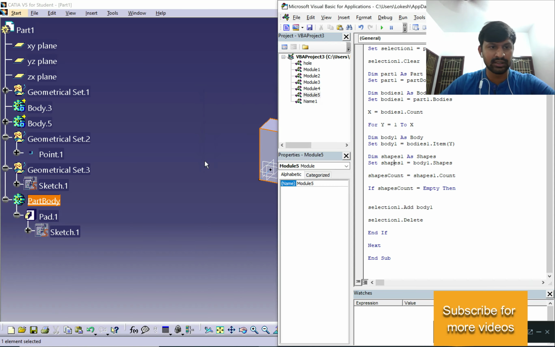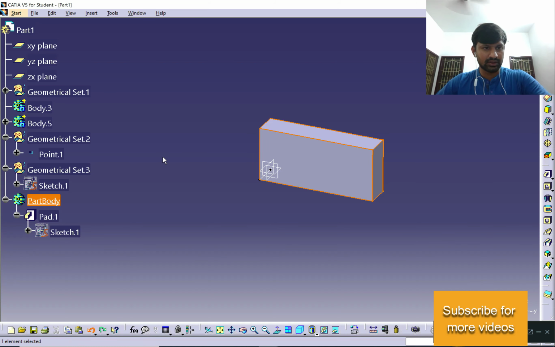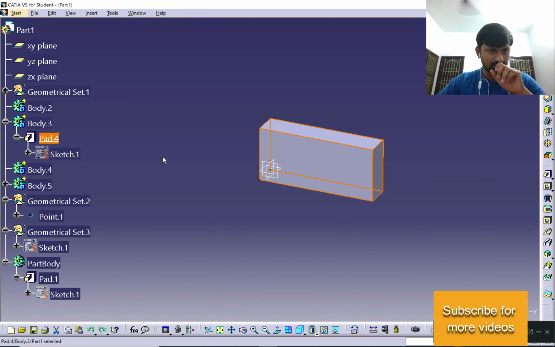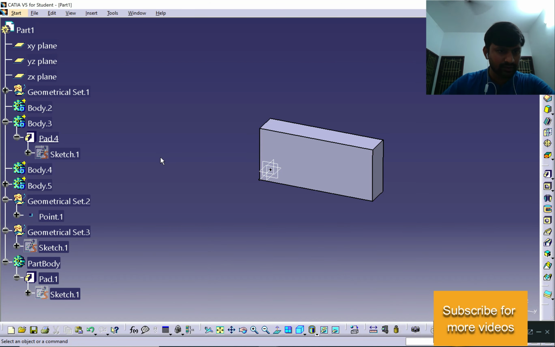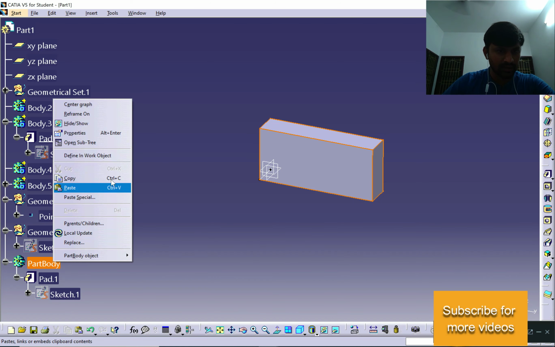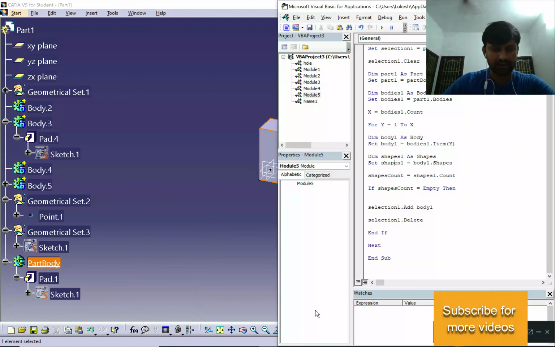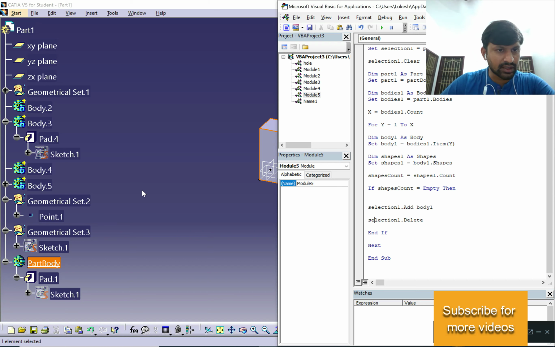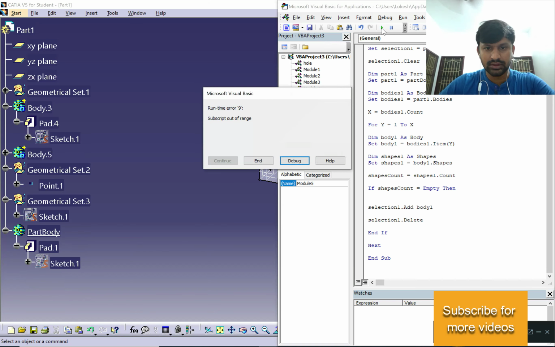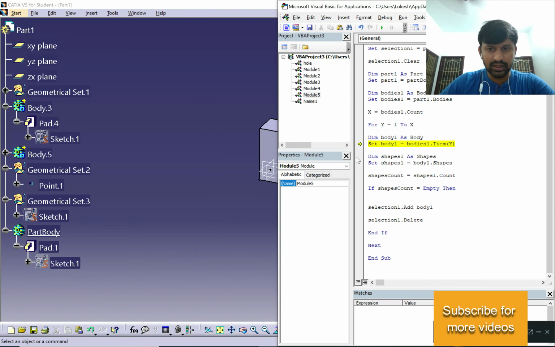So by undoing it, Control Z. Okay. Run it. In this case, it has to delete Body 2 and Body 4. Try to run it. We deleted, but it again shows an error with the 4. Body 4.